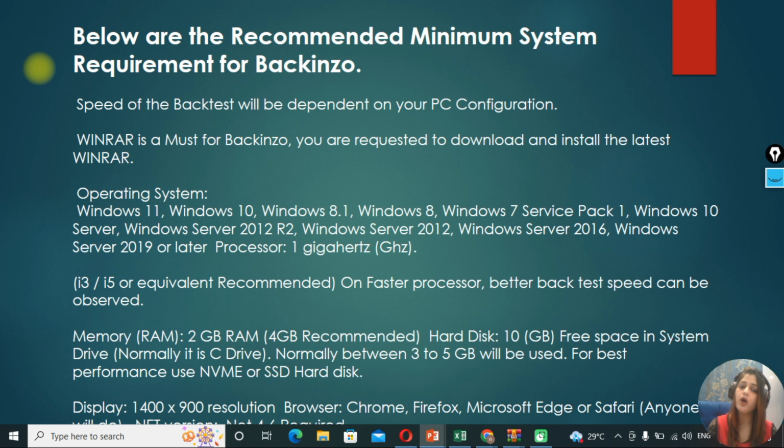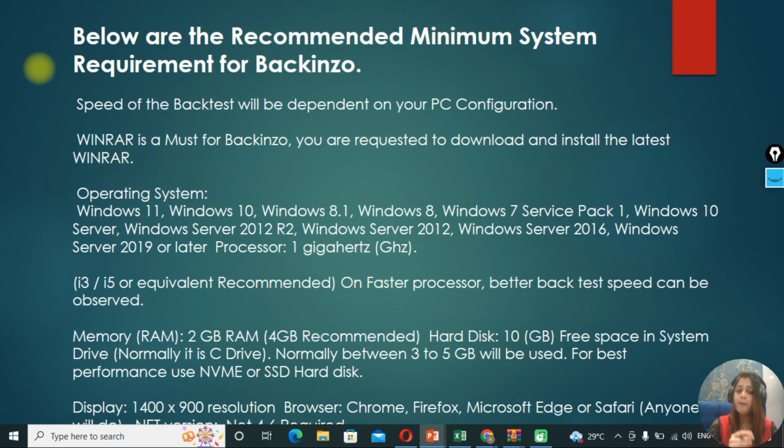Operating system, if we talk about, then Windows 11, Windows 10, Windows 8.1, Windows 8, Windows 7 Service Pack would do. Okay. And i3 and i5 is recommended. On a faster processor, better backtest speed can be observed. When it comes to memory, that is RAM, 4 GB is recommended, and for hard disk, 10 GB of free space is required in the C drive.